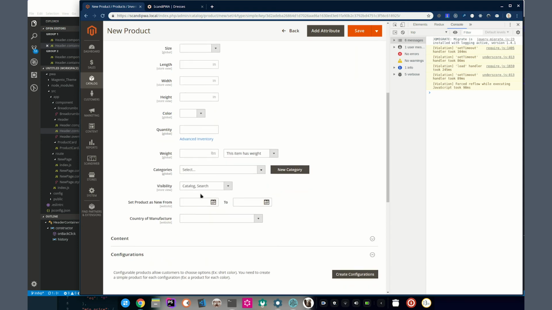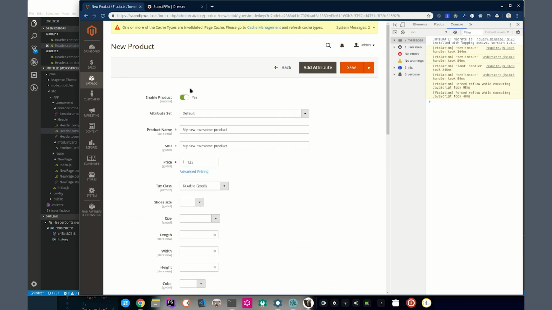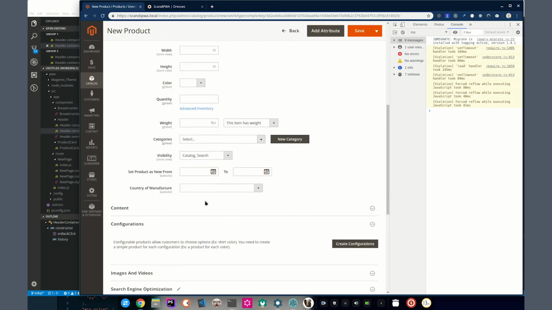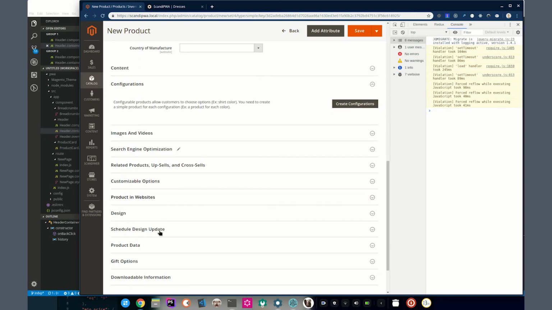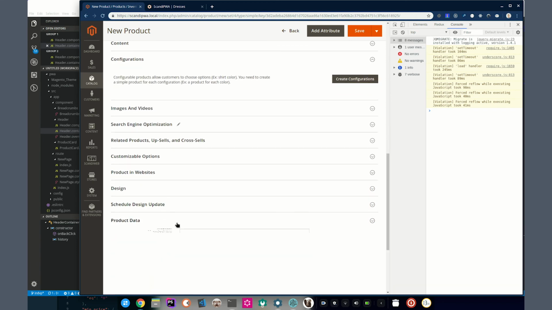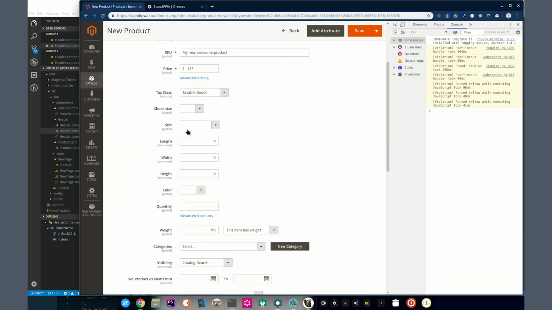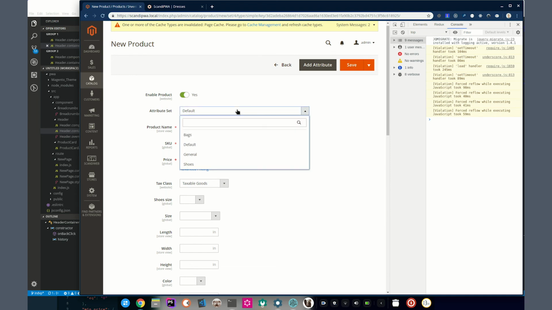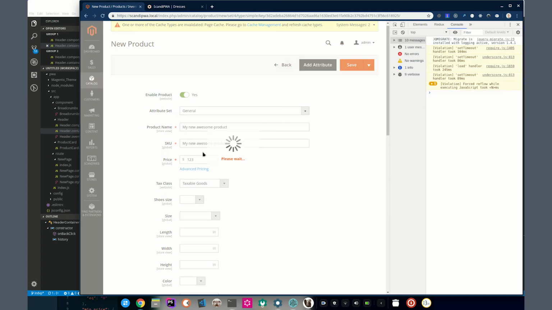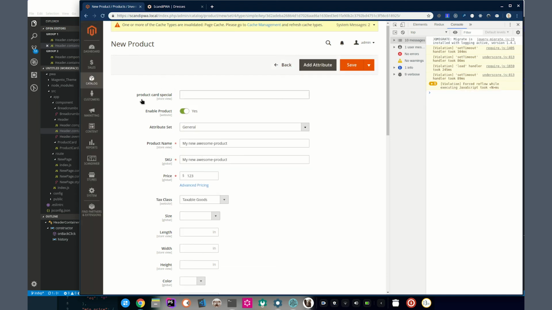It has no shoe sizes, no stuff like this, but it should have. Where's my awesome attribute? It's product details, somewhere here. Product data? No, where was it? Oh, of course, because I need to choose the attribute set, which is the general. And the general attribute set will have product card special. And here I will write,